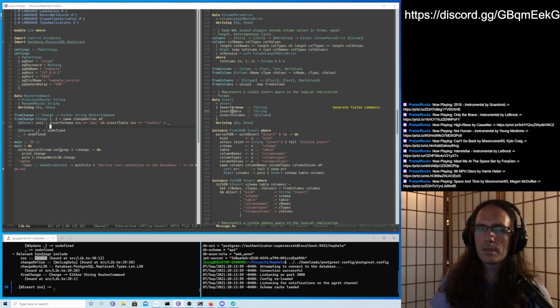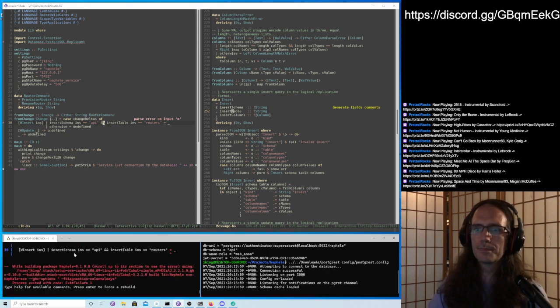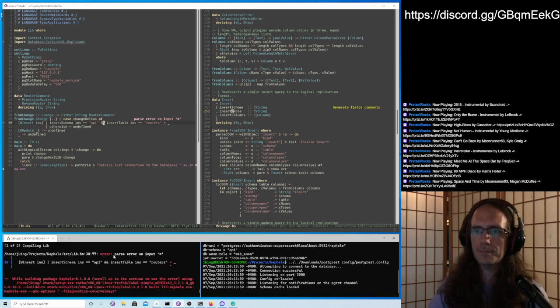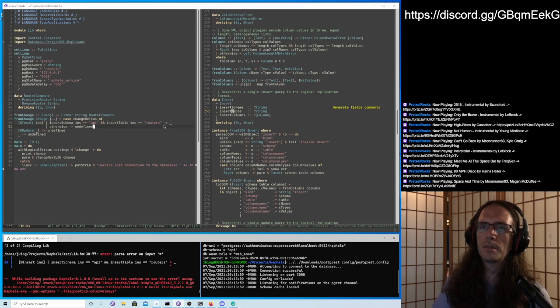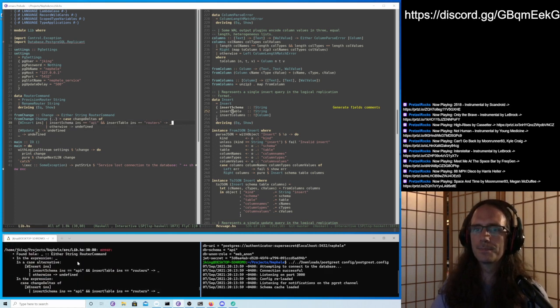Any other inserts, otherwise we don't care. It'll go to the left of our either. We'll leave that undefined as well for now until we get to it. Sorry, that shouldn't be an equal sign because this is not a function. This is a pattern, so it should be an arrow. That's proper.